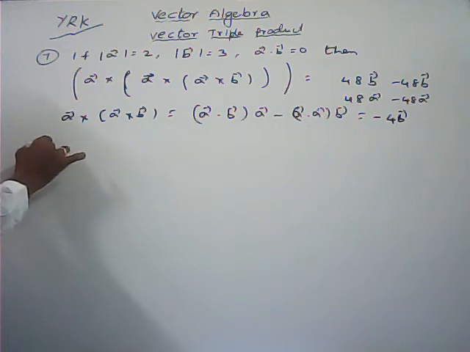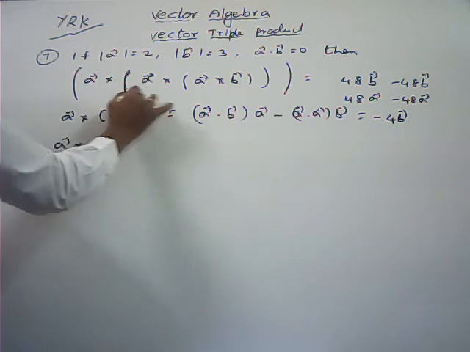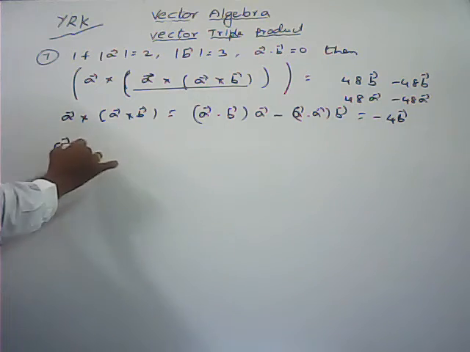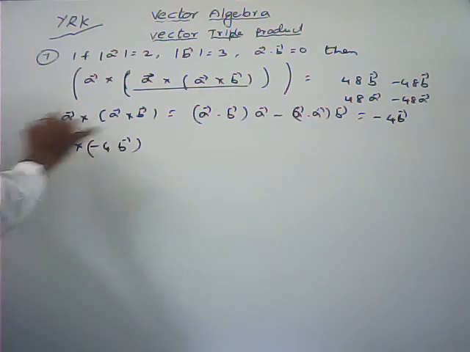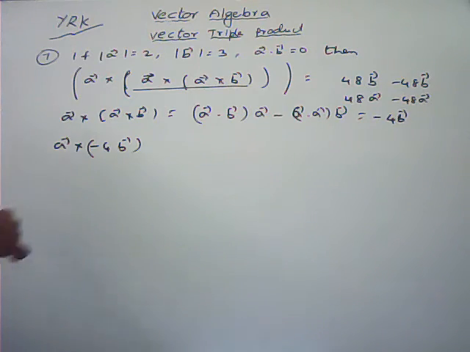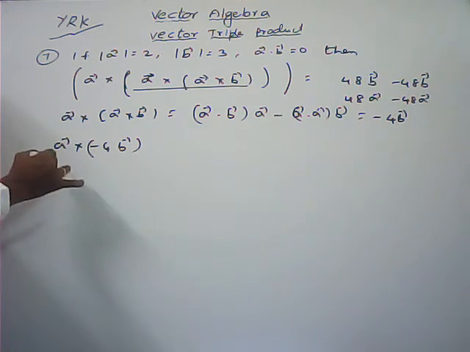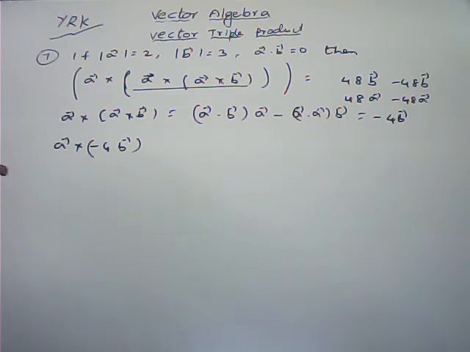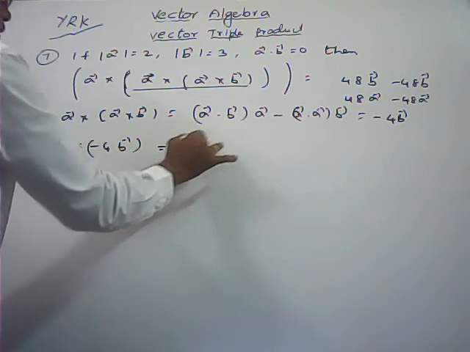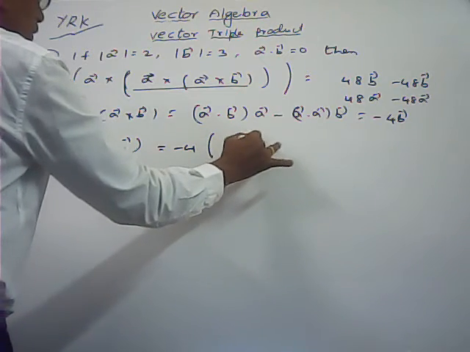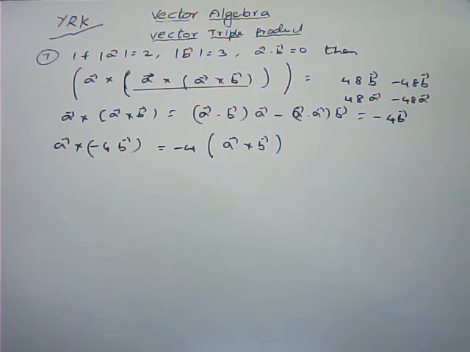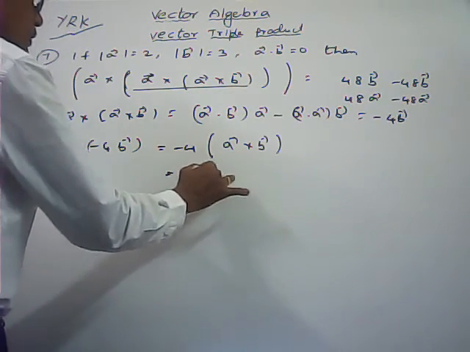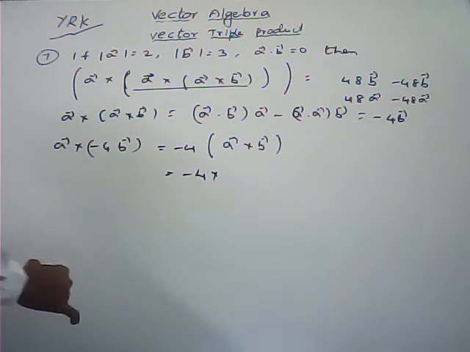A bar dot B bar is 0 as given, so this is 0 minus A bar dot A bar, that is modulus of A bar square, modulus of A is 2, square is 4, into B bar. Next find the total value: A bar cross A bar cross A bar, how much did I get? 4 B bar. So the total value we can write, L A bar cross M B bar, we can write L into M, A bar cross B bar also. So minus 4 into A bar cross B bar we can write. How to expand that one?